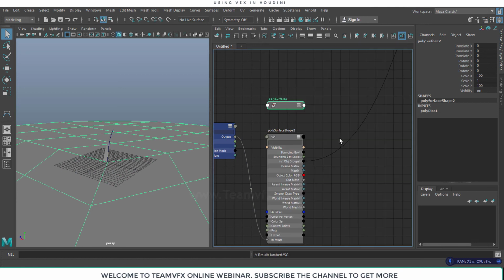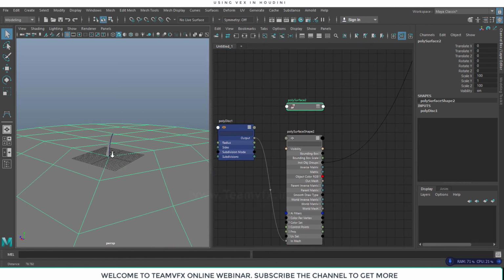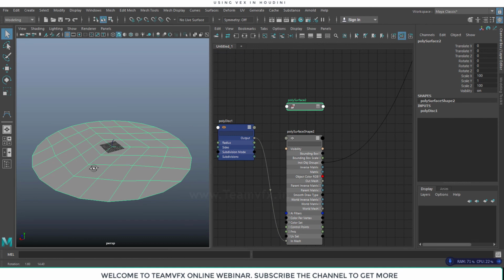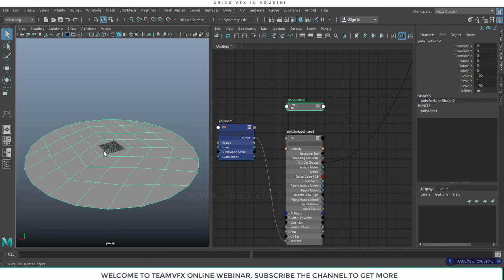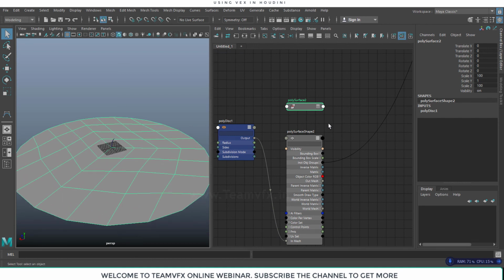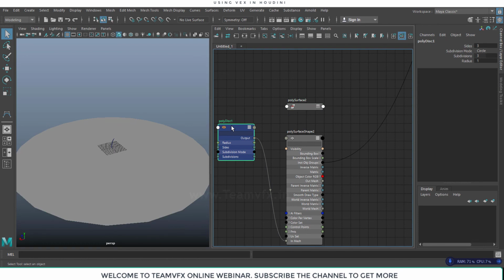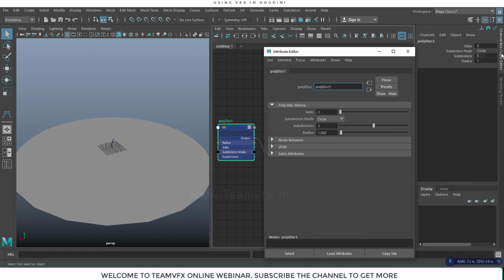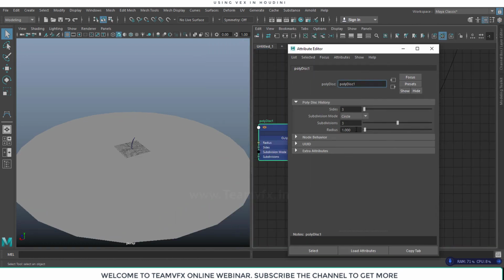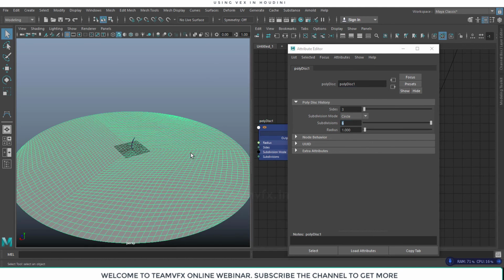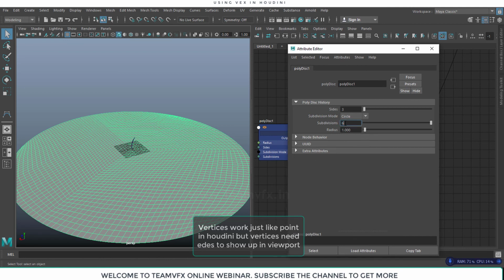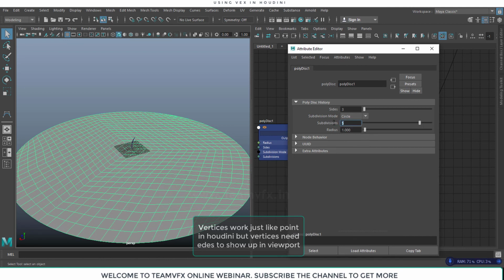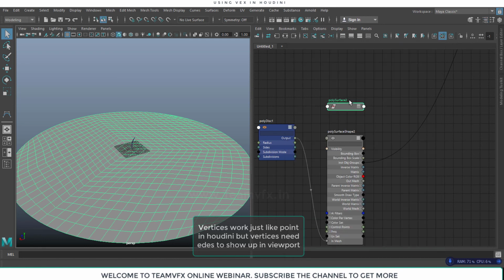And the other thing we need to do is subdivide it like I did in Houdini. In that case I just increase the divisions of the polydisk. So I will select my polydisk and put subdivision to something like 6. Okay, we have a lot of vertices over here. For the time being, I think 5 is okay. In future we will see what we can do.